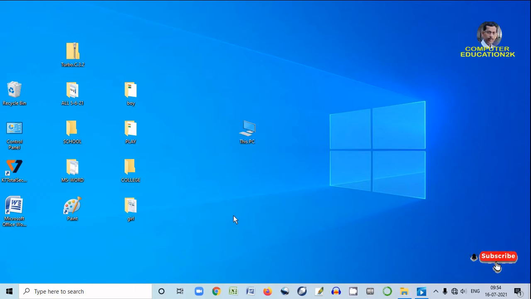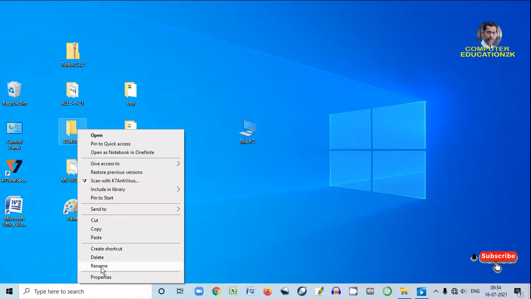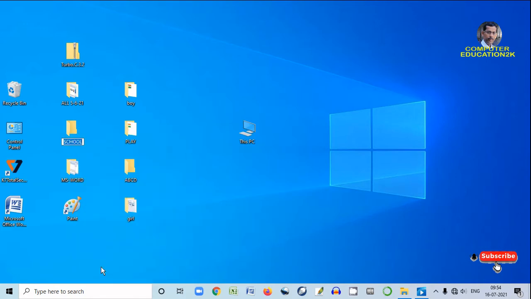Now if you want to rename this folder, you have to change the name of these folders. Then you can right click on the folder, then rename, and you can give another name. So how to rename a folder: right click, rename, and then you can rename like this.